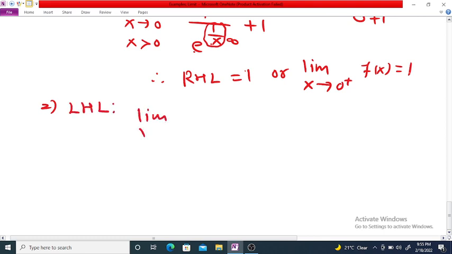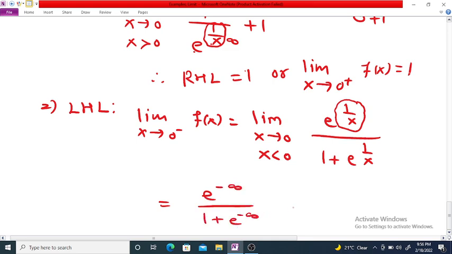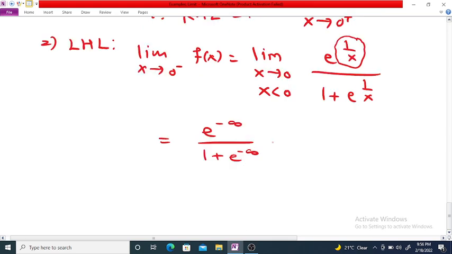Limit x tends to 0 minus of f of x. This implies limit x tends to 0 but x is less than 0 of e raised to 1 by x divided by 1 plus e raised to 1 by x. Now as x is less than 0, this 1 by x tends to minus infinity. So this is equal to e raised to minus infinity divided by 1 plus e raised to minus infinity. As we know, e raised to minus infinity is equal to 0. So this is equal to 0 divided by 1 plus 0, which is equal to 0,